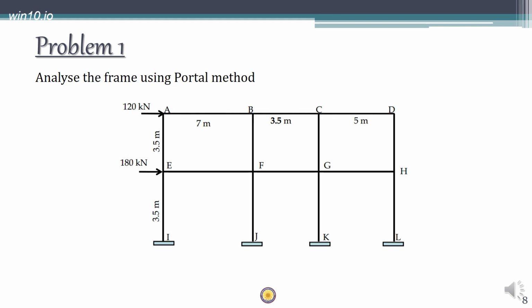The first thing you have to do is mark all the midpoints as hinges. Continue marking all the midpoints as hinges or points of contraflexure. Once you have done that, mark all the horizontal shears in each of the midpoints. It is important that interior joints have twice that of the exterior joints. So for the exterior top column it is P, and for interior columns it is going to be 2P.